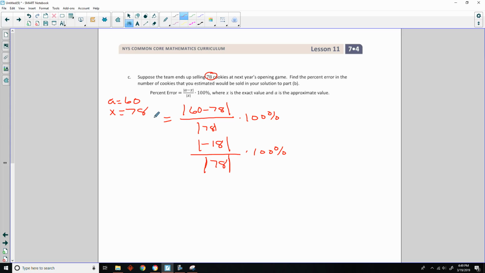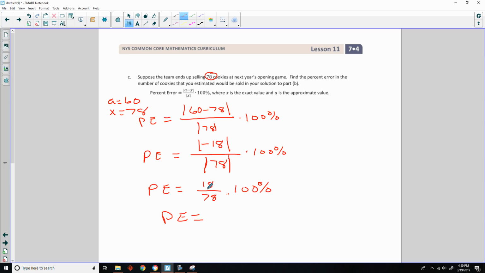I should be saying that coming down here. Percent error equals, and the absolute value of negative 18 is 18. Absolute value of 78 is 78. I don't want an equal sign. It's times 100% again. Okay, so the percent error is